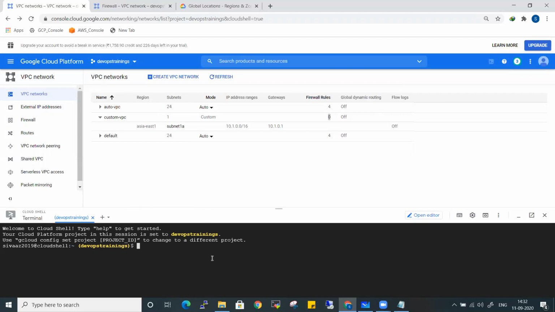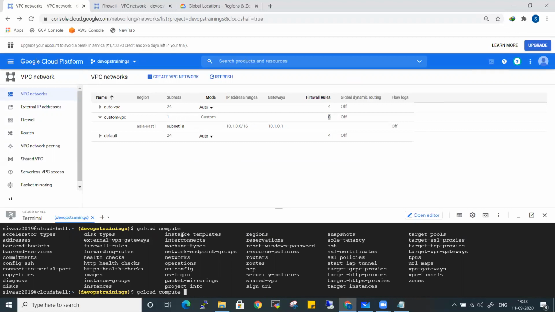But for now, let's try to create projects. So what are the commands for this? Any command that you want to execute on Google Cloud starts with gcloud, other than a few of the storage and BigQuery commands. gcloud compute. How can I remember all these commands? One thing, you can go to the documentation, or else if I double tap here, all the available options come up.